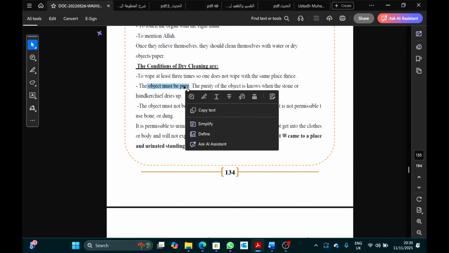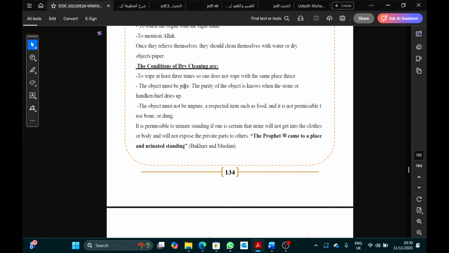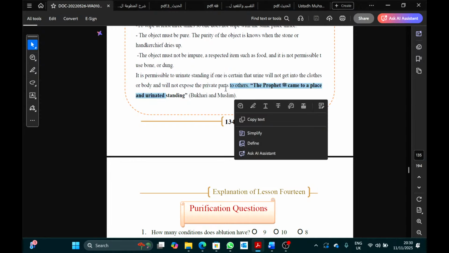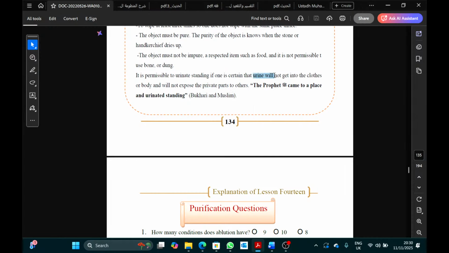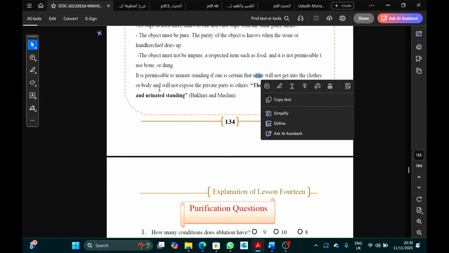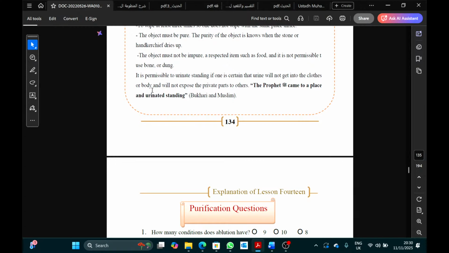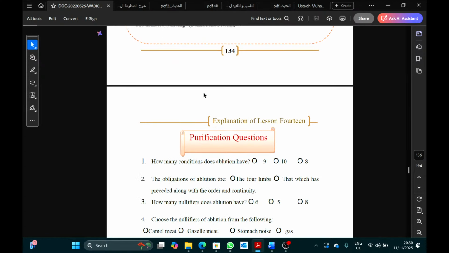That doesn't say pure; in Arabic it says munaqiya. Look at the hadith, fine. Are you allowed to stand up and urinate? It's permissible, with the condition that your private parts are not exposed to anyone, nor will urine splash back onto you. If you feel that's going to happen, it's not allowed. But it's permissible. Why? It comes in the hadith that once the Prophet ﷺ did that. But obviously it's better to sit down.